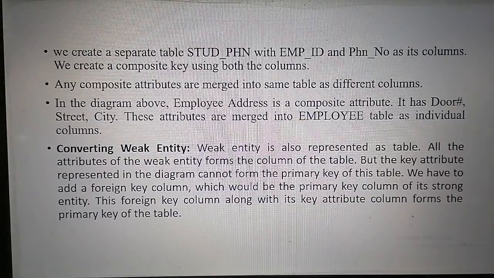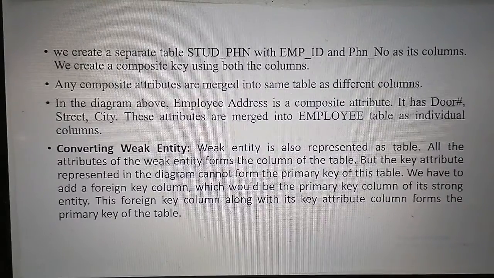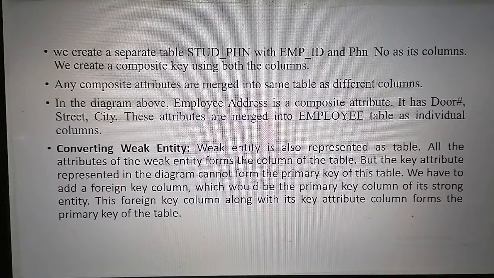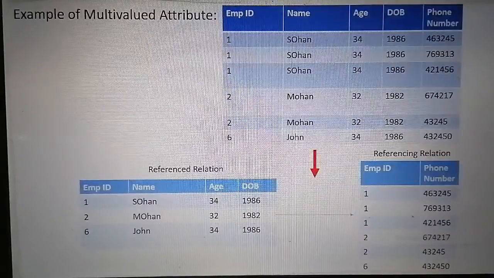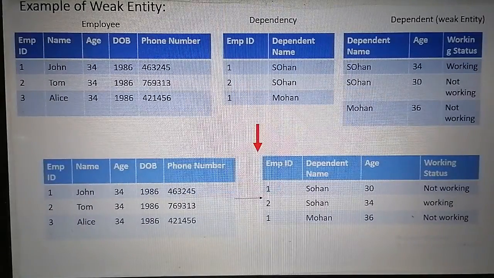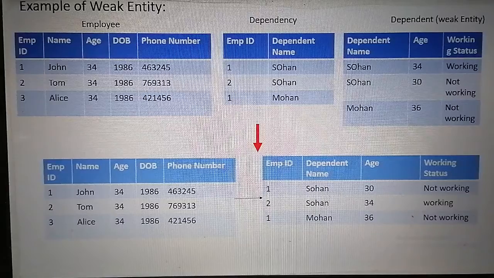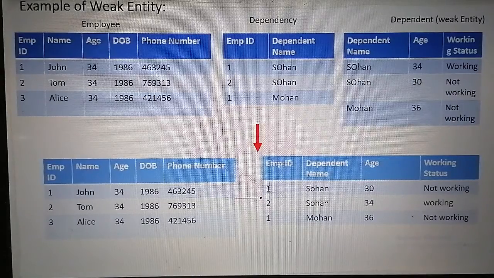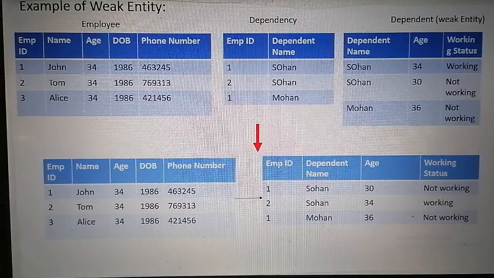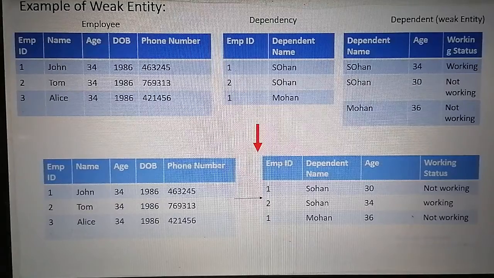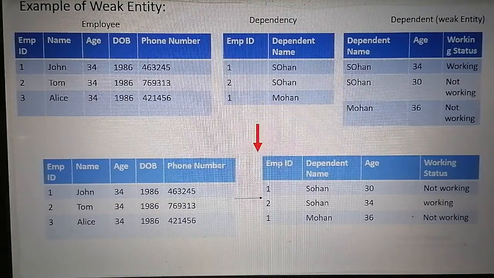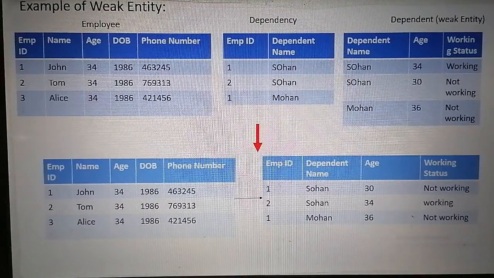The next rule is for the weak entity. We all know the concept of a weak entity. This is the case of a weak entity here. The employee is a strong entity because it has a primary key, employee id, and the dependent is a weak entity as it does not have any primary key.